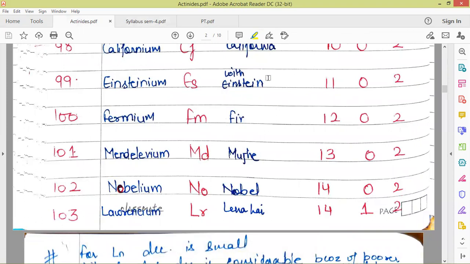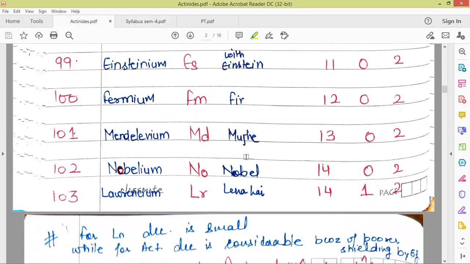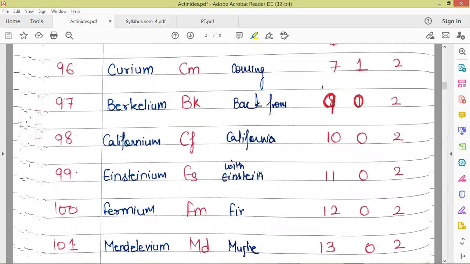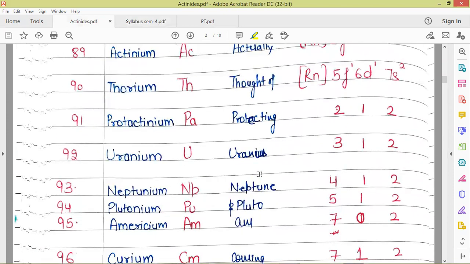He's coming back from California with Einstein, Fermi and Mendeleev. These are the famous scientists, so you can memorize it that way also: he's coming back from California with Einstein, Fermi and Mendeleev. So all four of them will work together for the protection, then they will go for the Nobel Prize. That is, with Einstein, Fermi and Mendeleev, then take the Nobel. So you can memorize this series in any way.